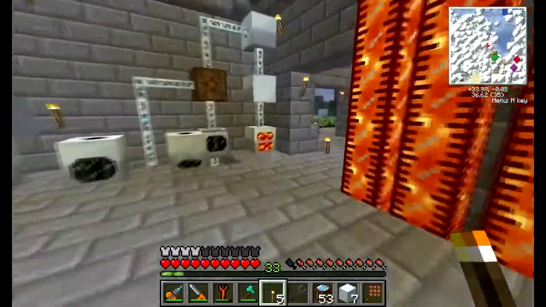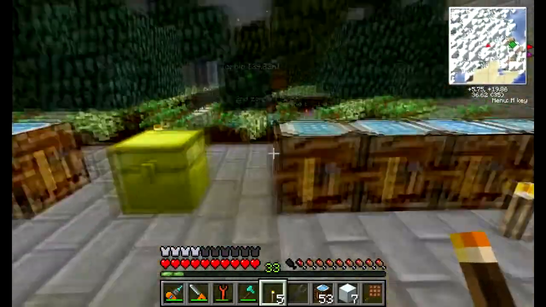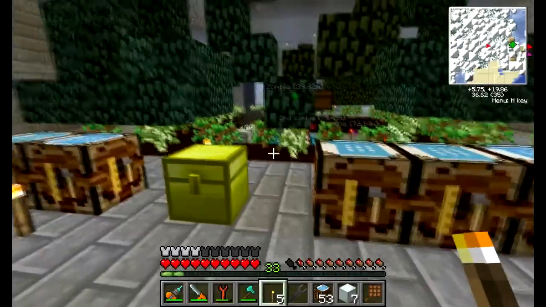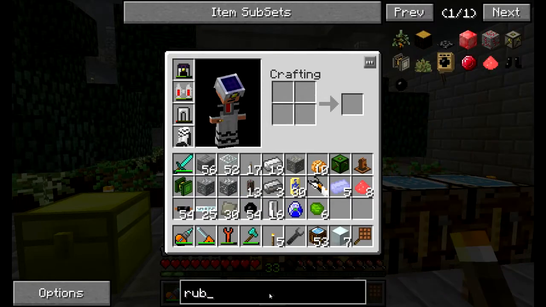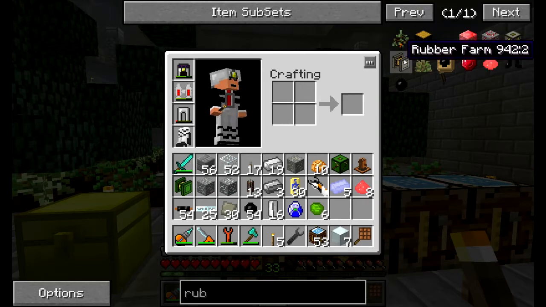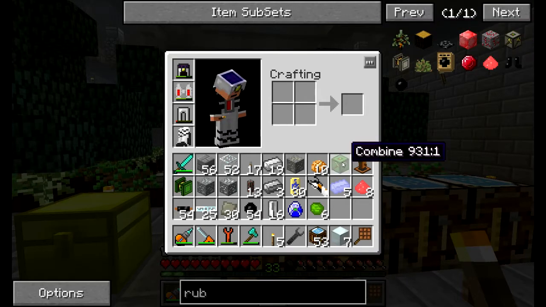Let's head back over. Now we're going to make another arboretum. In this version of forestry, there still is in NEI a rubber tree harvester and a rubber tree farm. No recipe for them. Click on them, hitting R, no recipe. That's because they're obsolete. You can now...